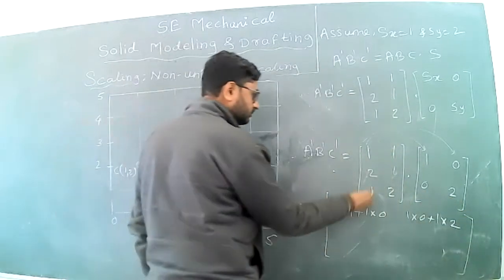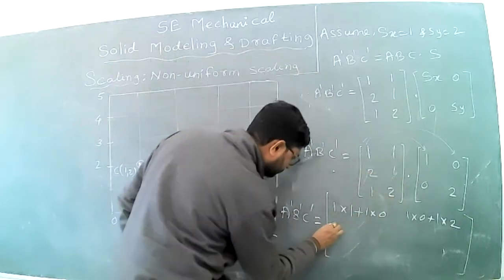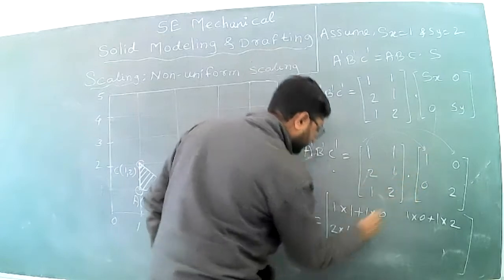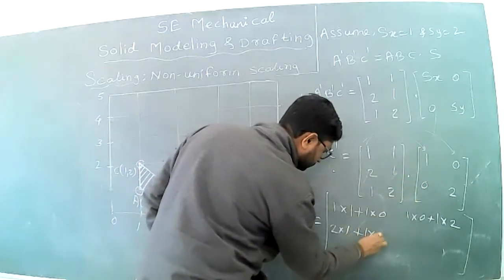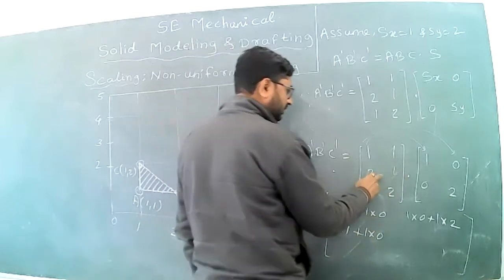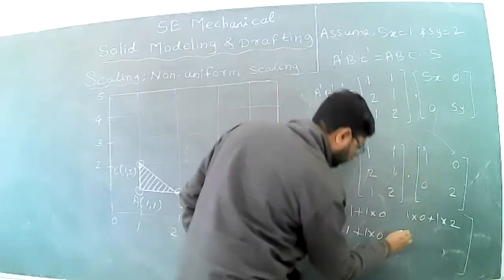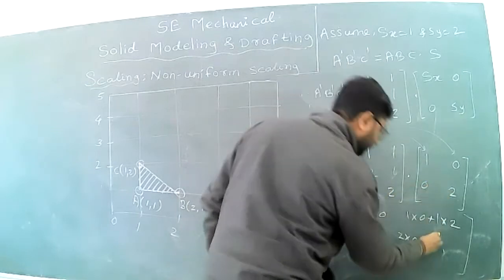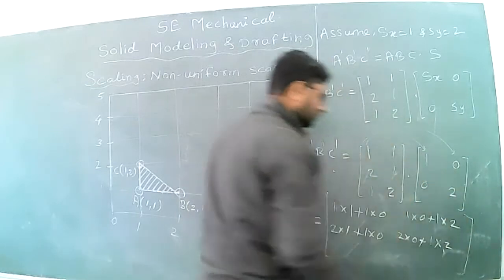Okay, for the second row, this is 2 into 1 plus 1 into 0 plus 1 into 0. For the second element, 2 into 0 plus 1 into